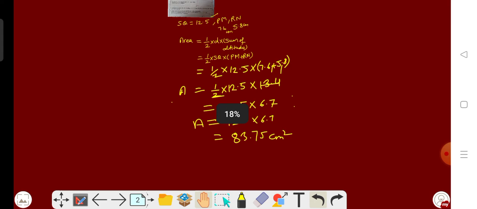I hope you all get it. The question number 8 is the same as your questions number 6 and 7. Try to solve the 8th question by yourself, in which you have to calculate the area of different shapes like rectangle and triangle. If you have any problem in solving these questions, we will take that problem in the live class.